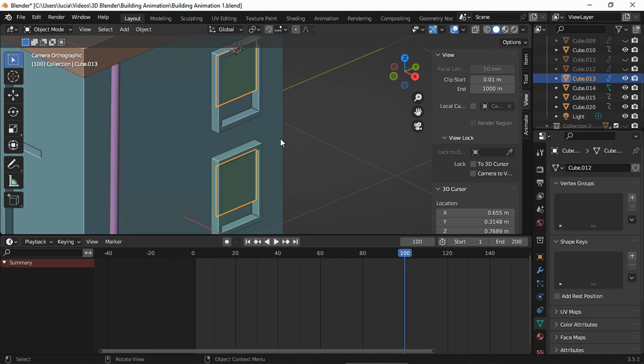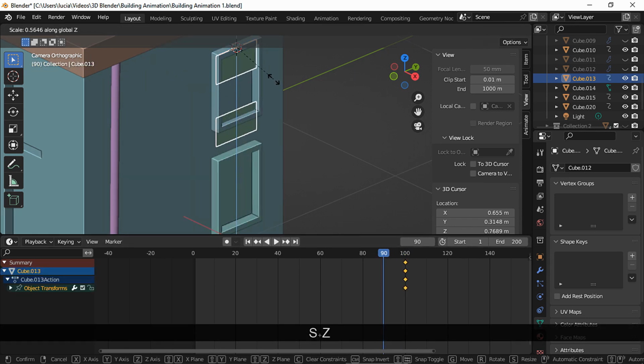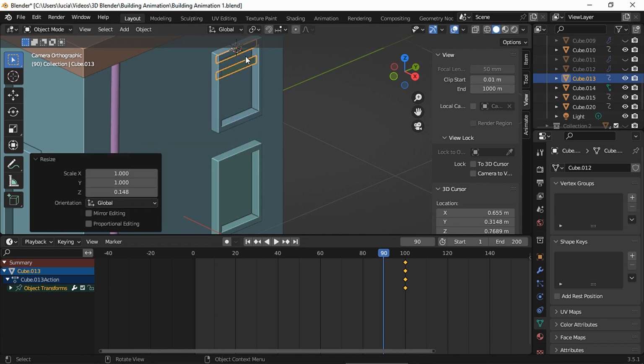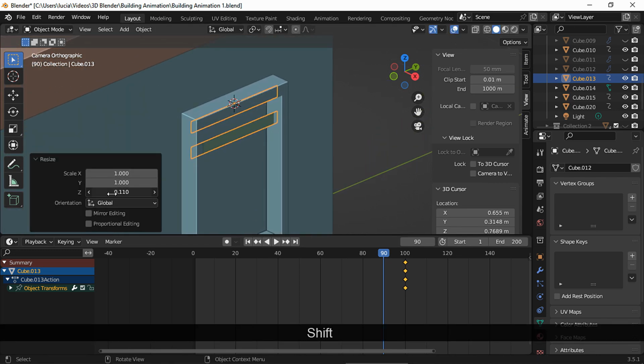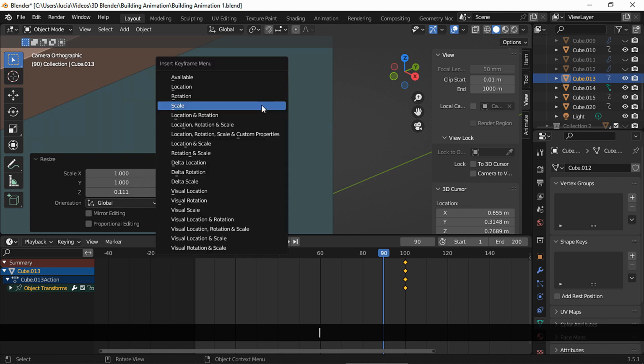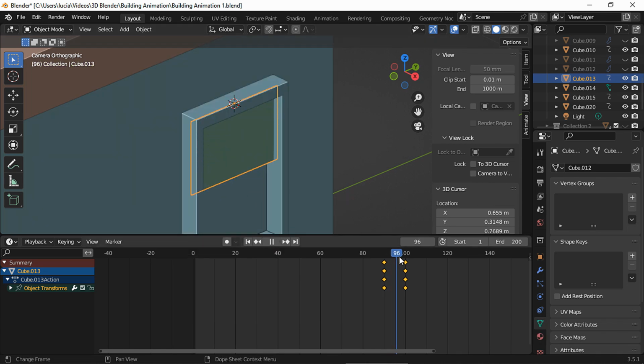In frame 100, insert a scale keyframe, and in frame 90, a scale on the Z-axis. Make sure the blind disappears a bit on the window frame, and insert a scale keyframe. Add two shape keys,